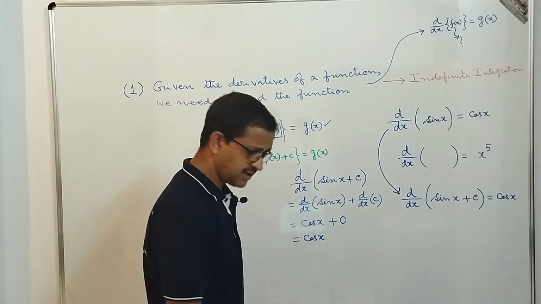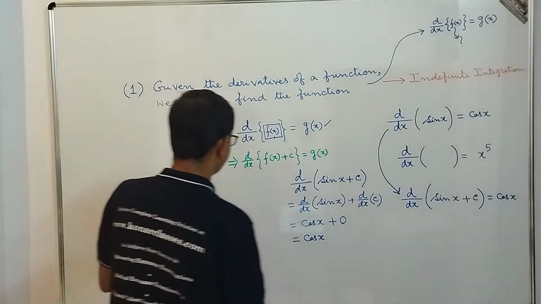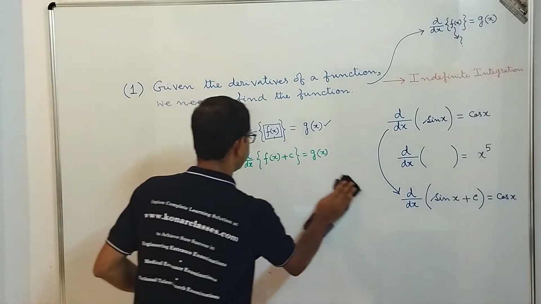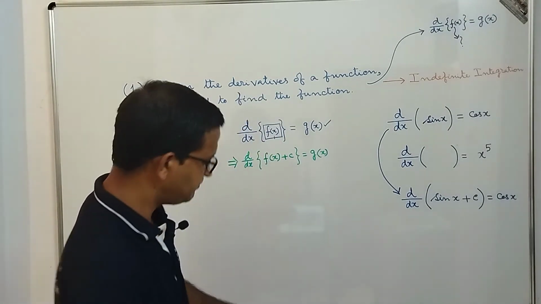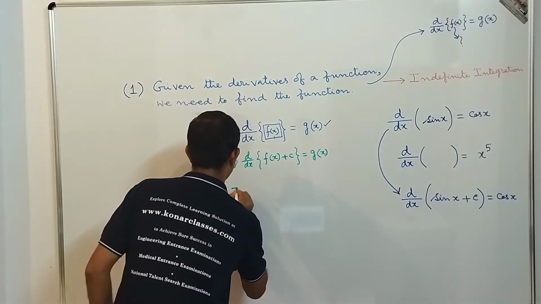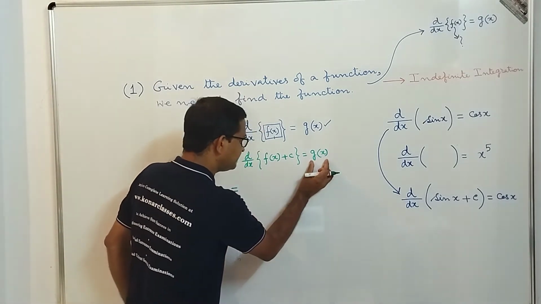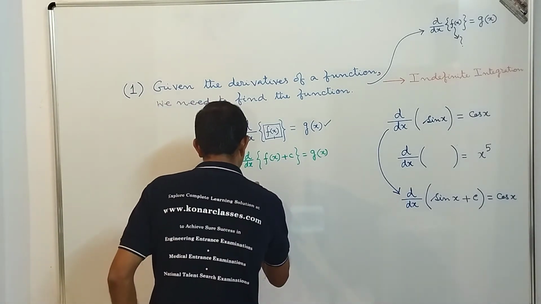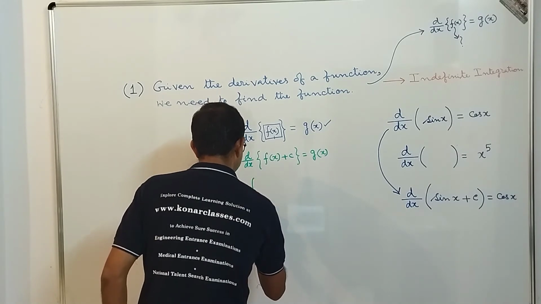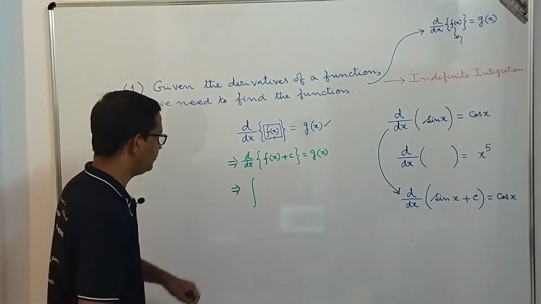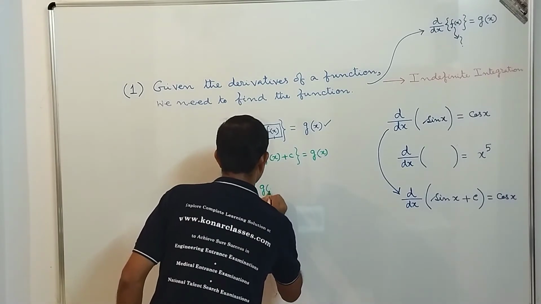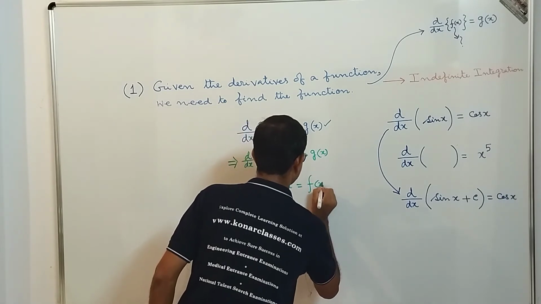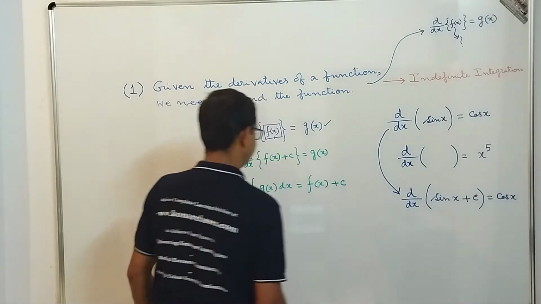So then what can we define here, dear students? We can write that the moment we see d/dx of f(x) plus c is equal to g(x), that implies that we need to process that g(x) so that we get f(x) plus c. And here we introduce a new symbol, the integration symbol. This is the symbol which represents the integration. That means the integral of g(x) dx is equal to f(x) plus c.